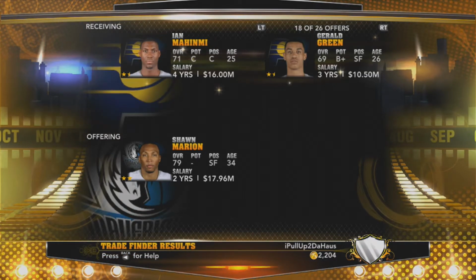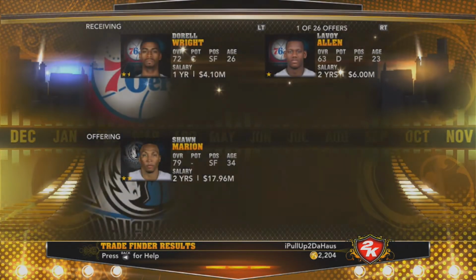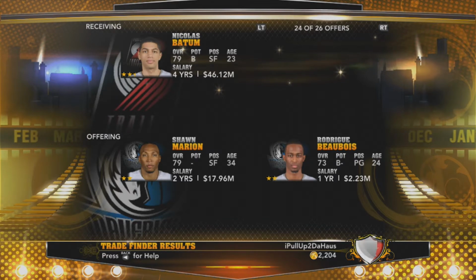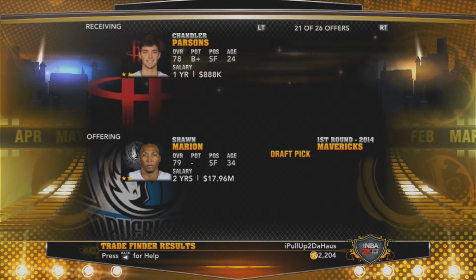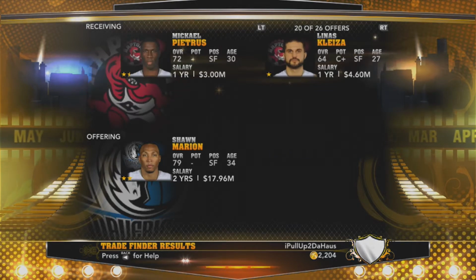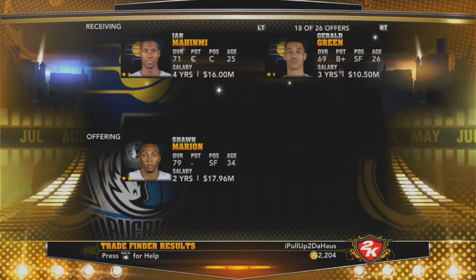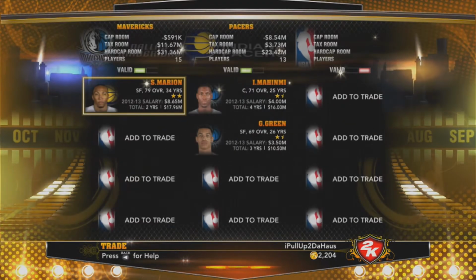Then I ran across Indiana. Indiana is very interesting because they have a lot of different young pieces, and I wouldn't mind bringing back some salary cap in order to make my team better. If I'm getting rid of a 34-year-old small forward like a Sean Marion, I wouldn't mind bringing back a young guy like a Roy Hibbert or Paul George if that was possible. Right now, they're only offering Ian Mahimi and Gerald Green, but I decided to go directly to the trade screen to see